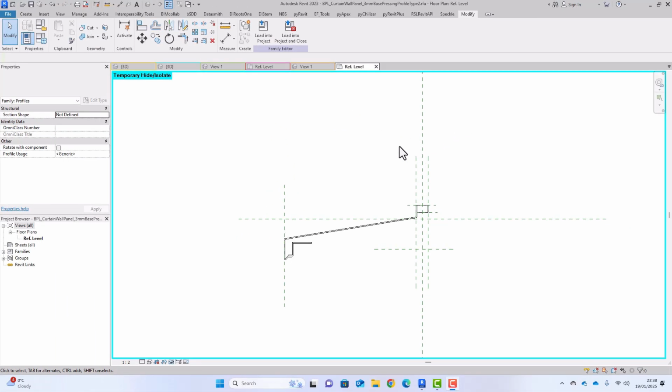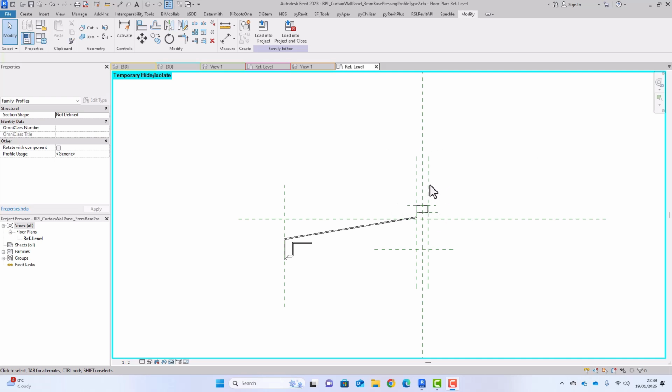Hi, today I'm going to show you how to create a pricing of flashing within Revit for a curtain wall. Normally what I tend to do is to use a CAD file profile of the pricing and then overlay it within the profile family. And I tend to trace the family, and once it's traced using the line tool, I create